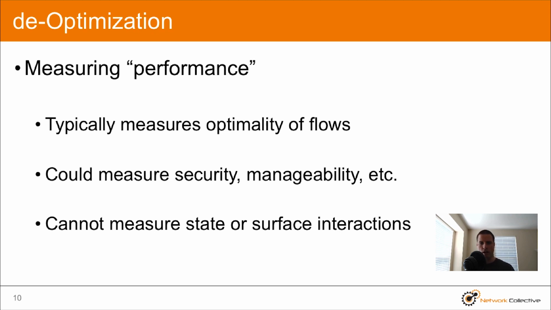The only restriction of things that cannot be your optimization metric are state and surface. So for example, you can't say, we want to optimize the network and our goal is to reduce state. Now, your goal can be to reduce state, but in reducing state, you're also going to probably increase your deoptimization or increase your surface interactions. So what we don't want to do is confuse the model by making the optimization metric one of the other two sides of the triangle. So I would encourage you not to do that. Otherwise, it just becomes really difficult to verbalize what you're trying to do. And it also becomes difficult to think about it. So let's look at some examples.